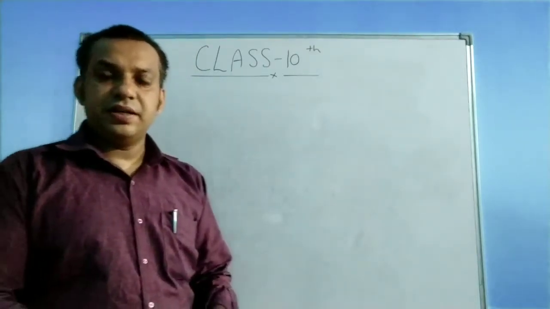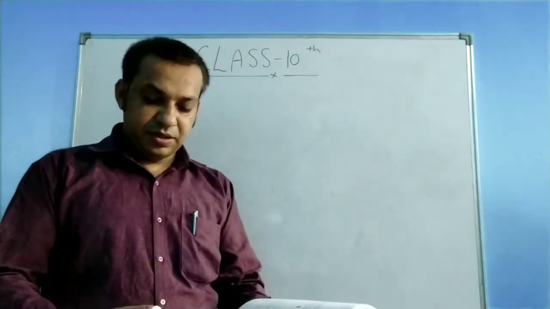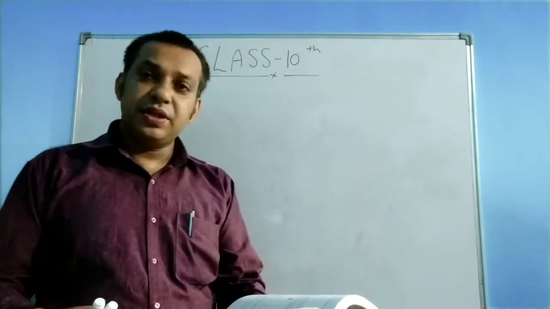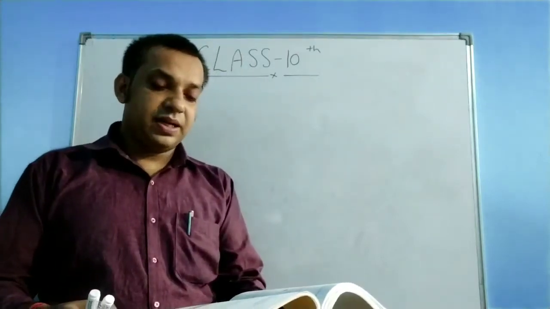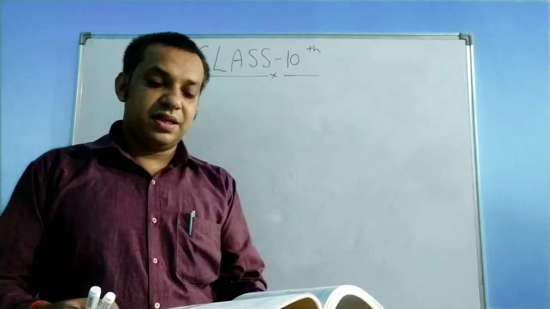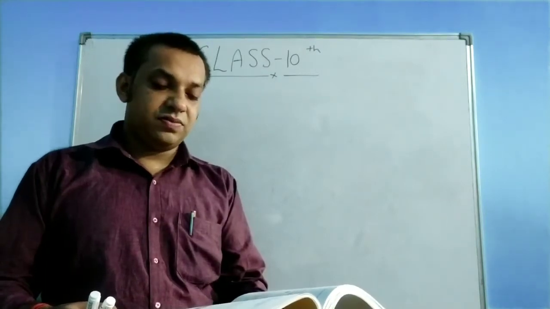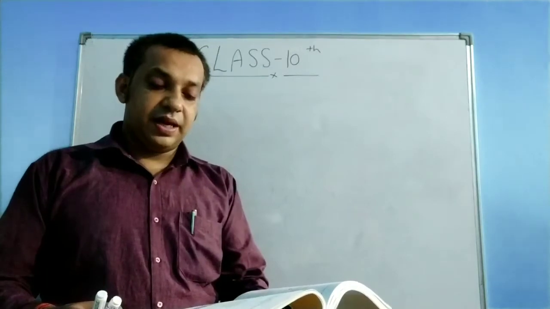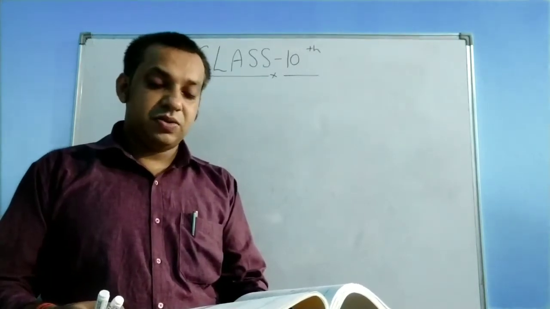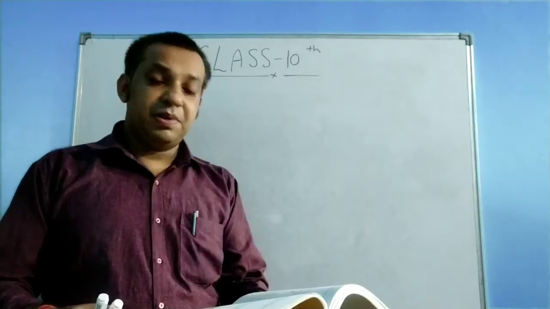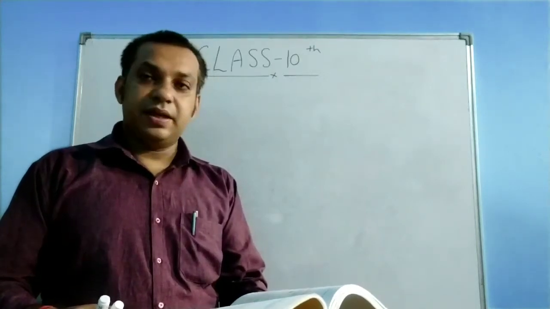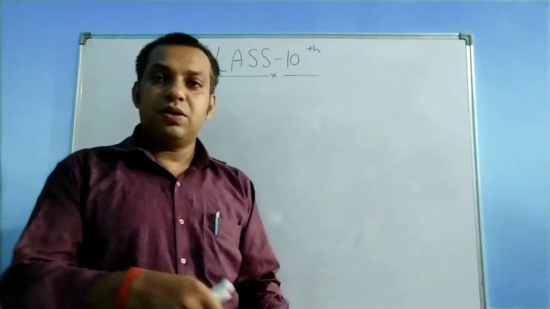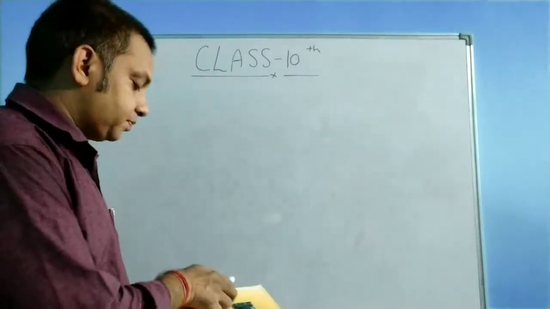So in the NCERT chapter number 12, on page number 213, a very good question is given. The question is, draw a schematic diagram of a circuit consisting of a battery of 3 cells of 2 volt each, a 5 ohm resistor, an 8 ohm resistor and a 12 ohm resistor and a plug key, all connected in the series combination. So this is question number one. Just note down all the important terms.